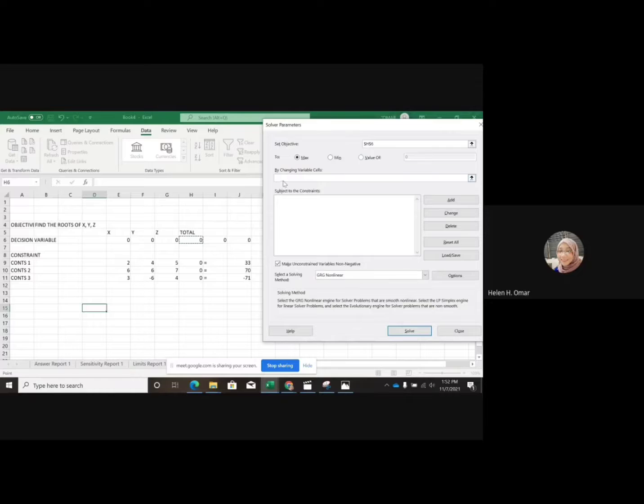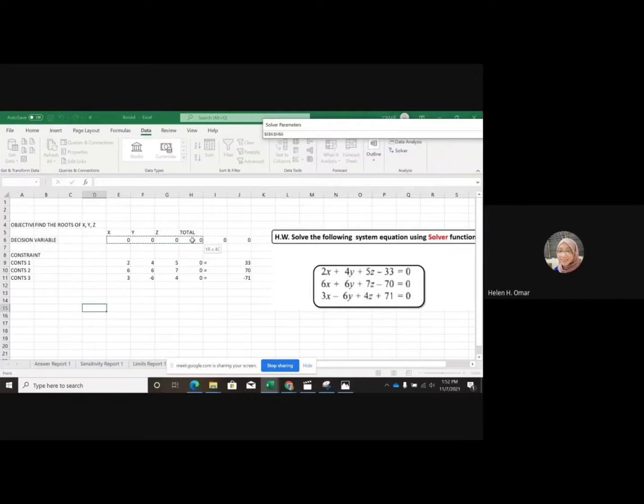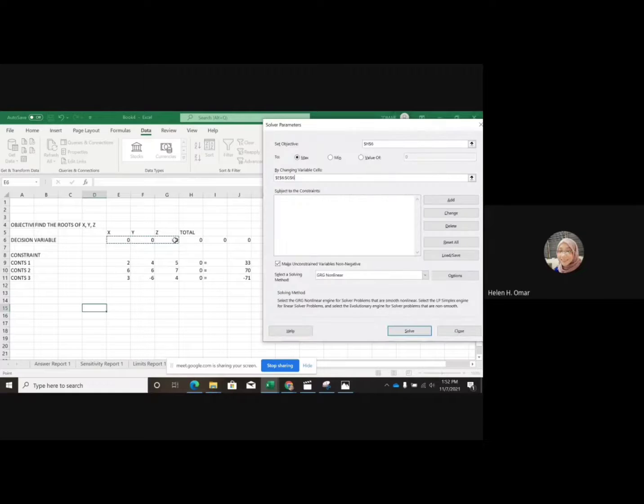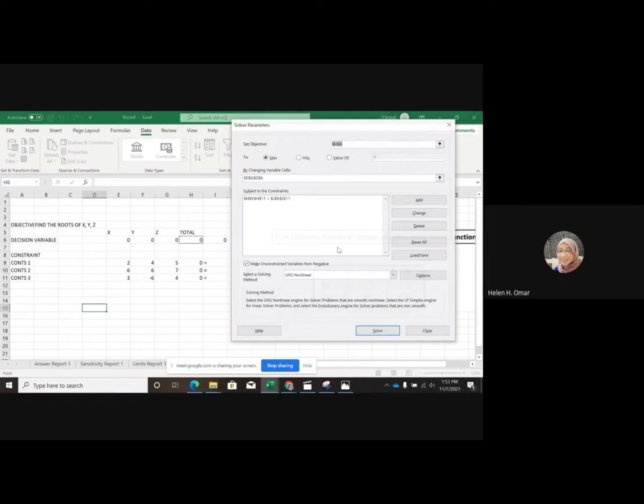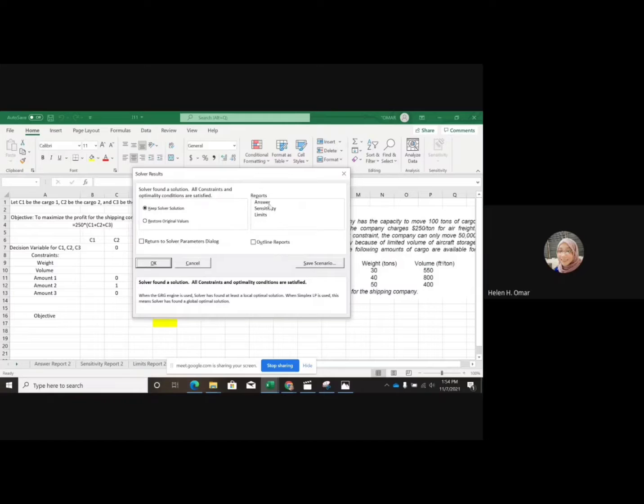0, and then by changing the variable, which is our variable is this one, and then subject to the constraint, the type constraint. So for cell reference, we click this one, and then it must be equal to our constraint, which is this one. So click OK, and then click solve, and then if you want to see